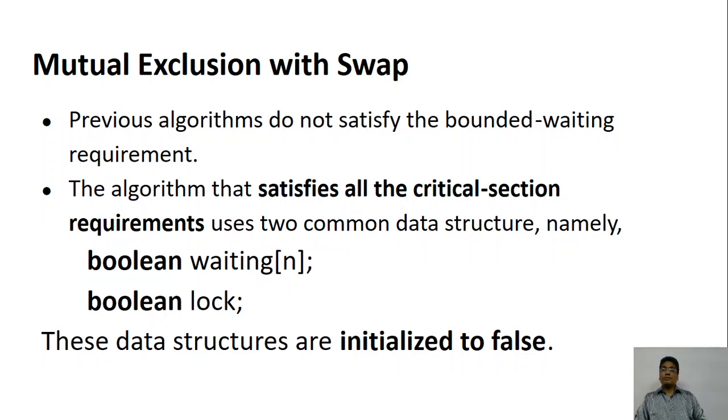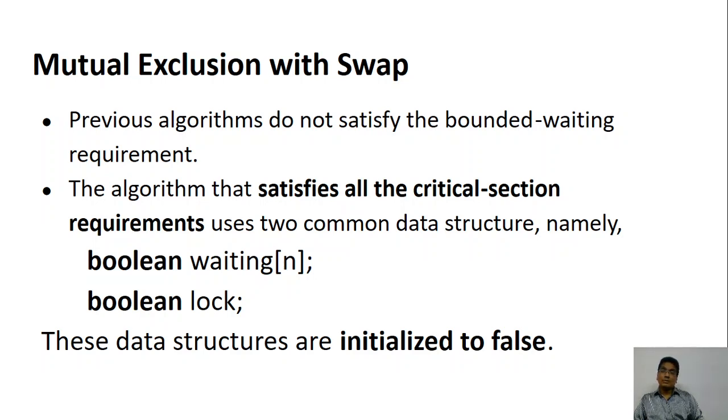However, the previous algorithm does not satisfy the bounded wait, because you don't know when the others are going to finish. There are n number of people waiting. You don't know when is your chance. If 5 people are waiting, what do you expect? The sixth one is you. If you really don't know after 5 whether you get it or not, what is the point in waiting?